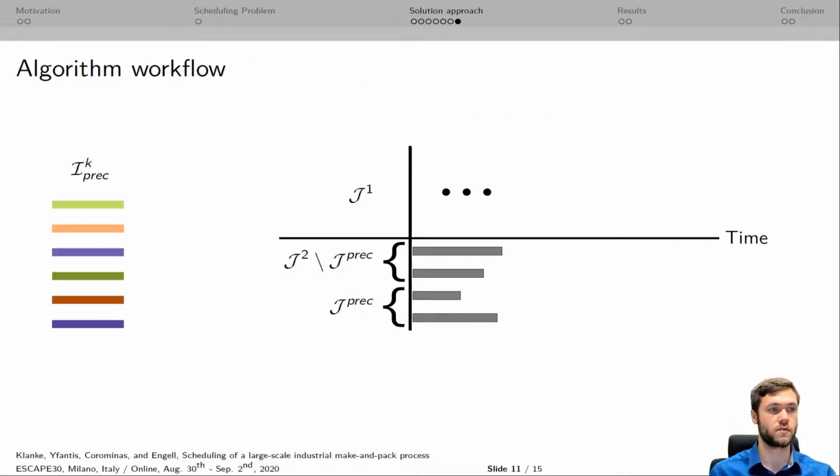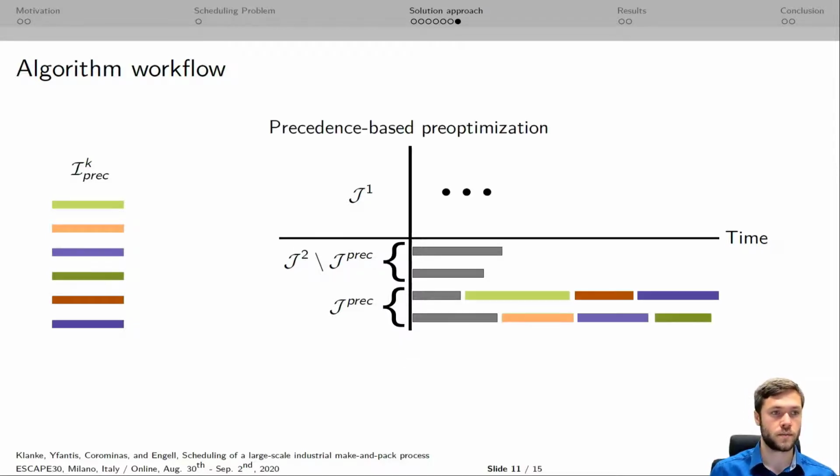The algorithm workflow is as follows. This small example takes a set of 6 operations in the set of orders of the precedence-based model. We neglect the formulation lines J1 here and only have a look at the pre-sorted lines and the non-pre-sorted lines here. The gray bars here indicate that the decisions of the previous iterations have already been fixed, so we cannot change timing and allocation of these gray products here. The precedence-based model then solves for an optimal sequence and allocation